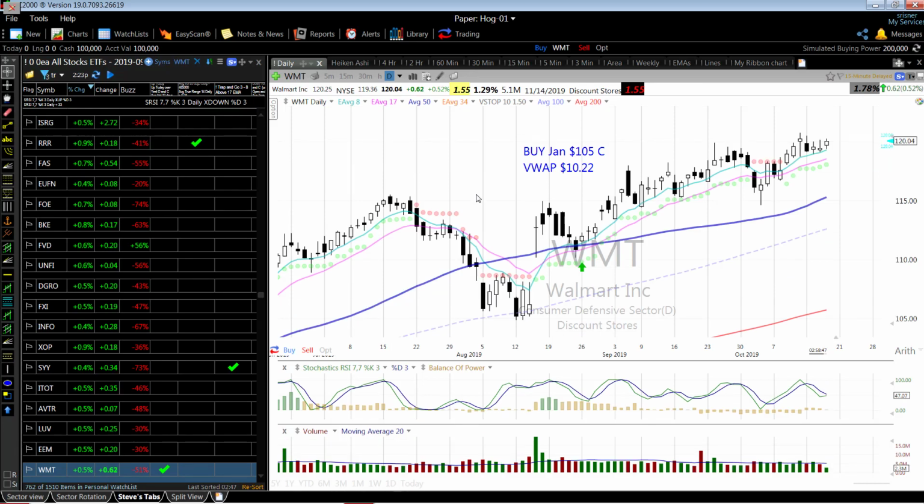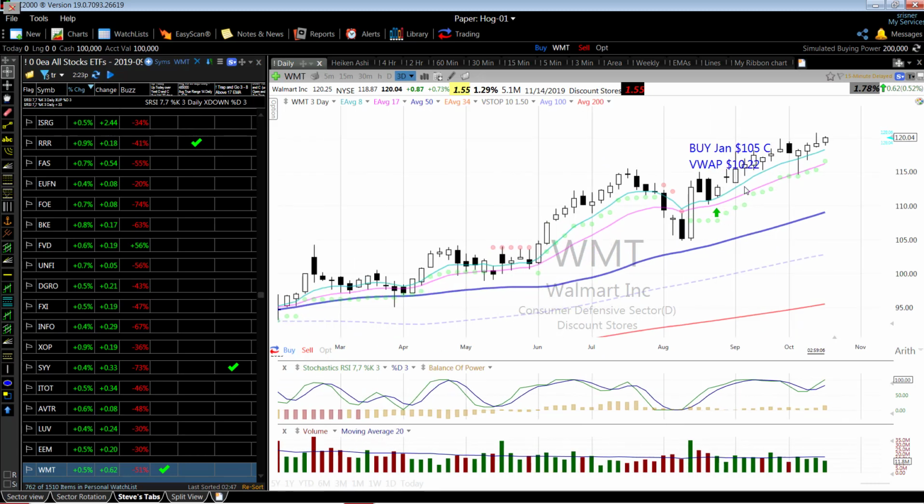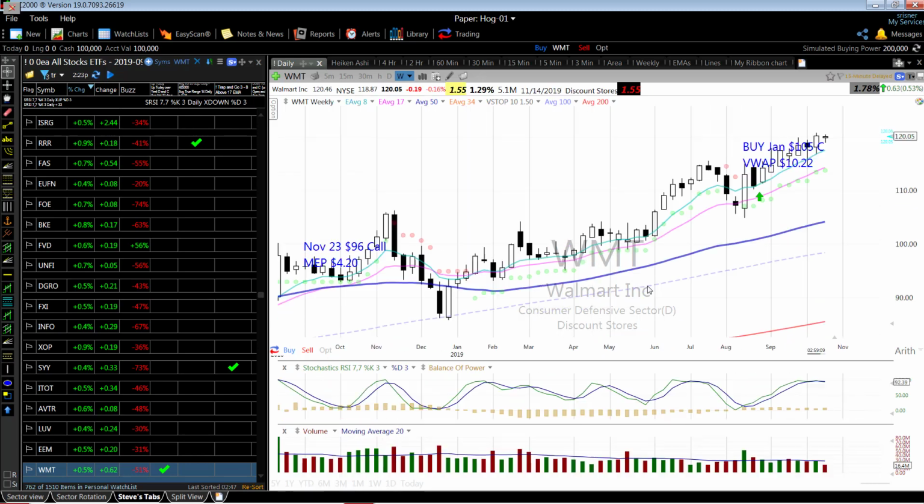Okay, so I'm on a daily chart of Walmart. It's been moving up and down quite a bit. If I use, say, something like the 17 exponential, it's better. Now, if I go to a 3-day chart, I take out a bit of the noise. And here lately it's been up. If I go down to your weekly chart,